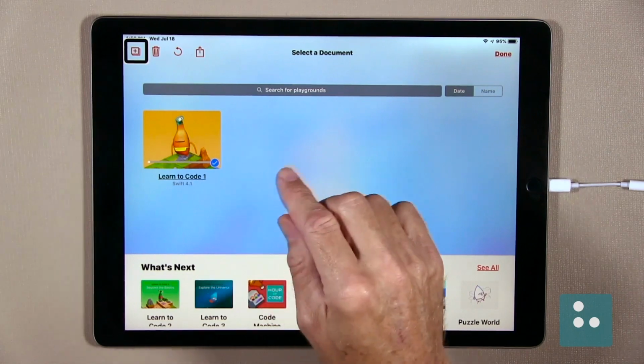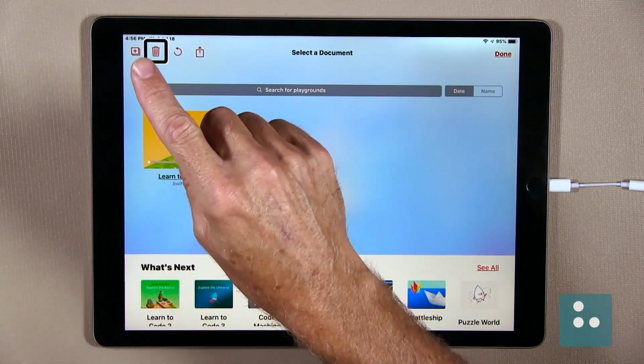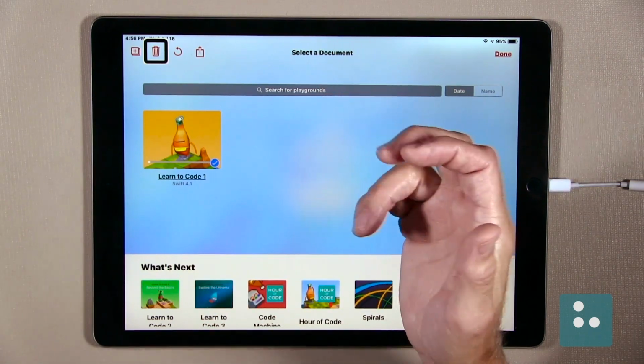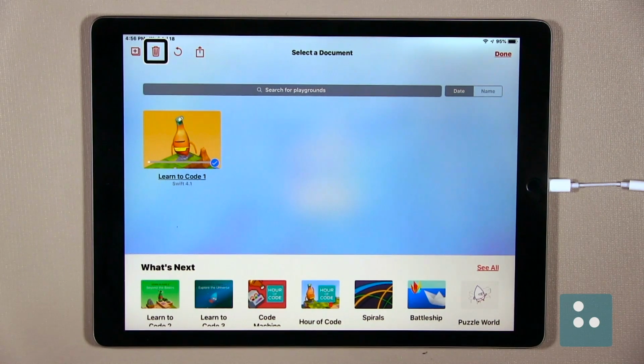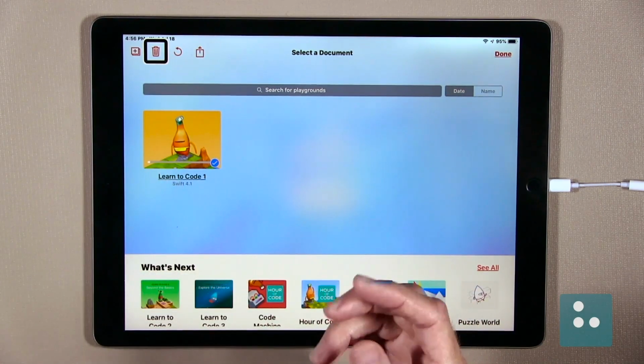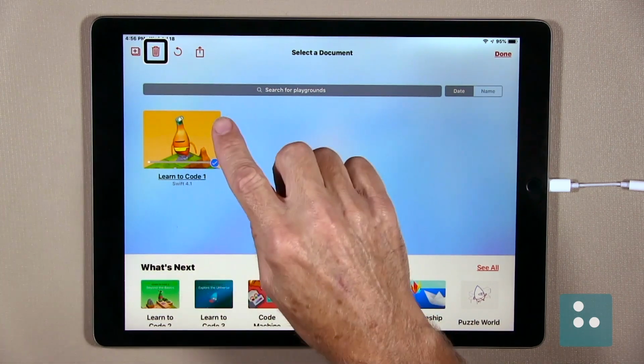All right, we'll just right-click from here and we'll right-click. Delete button. And here is our delete button, and you guessed it, we would simply double tap here and our selected playground would be deleted. Now, we don't want to do that, so we will just right-click from here, and we'll right-click.